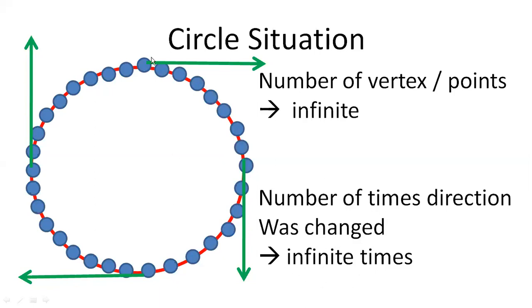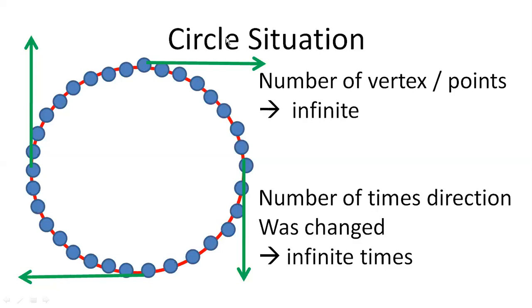That means if you are running on this track, each time your direction will change, हर एक बार direction change होगी. Why? Because the circle has infinite points, hence direction change will also be infinite. So give me a response in the chat box. Have you understood this? That on a circle, direction will change infinite times because the points available on a circle are infinite. Very simple concept.